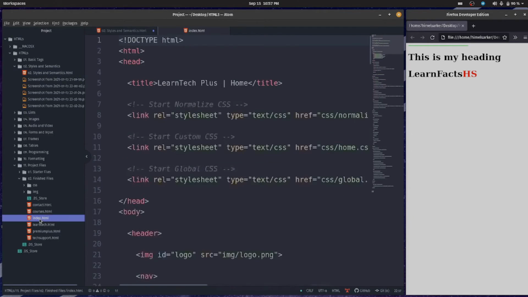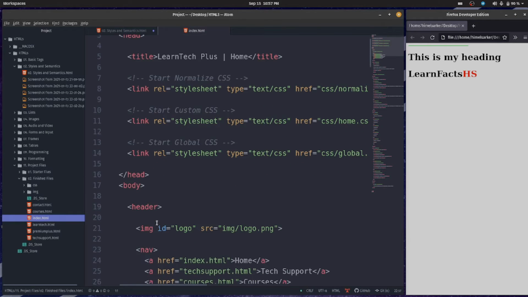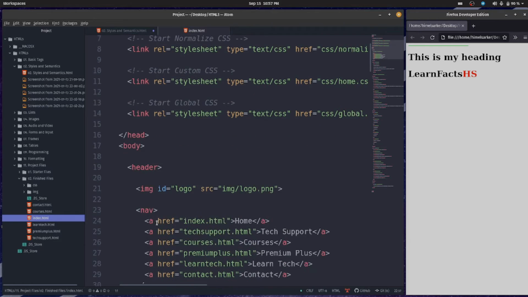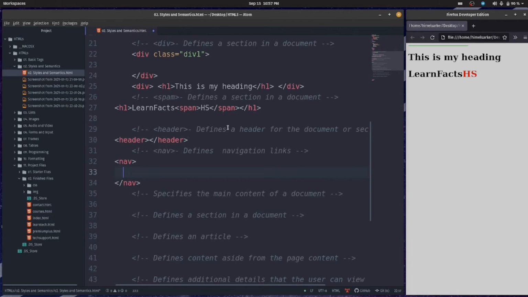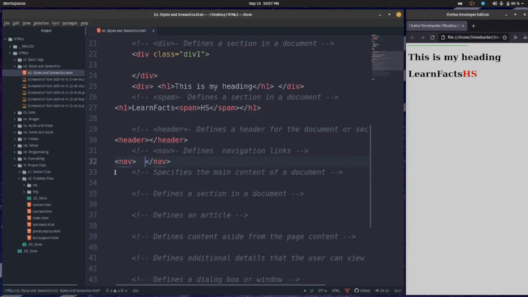So I'm viewing my project files again, and here it is. So this is my header section. Inside the header section I have a nav tag and some links. Okay, and also some images. So this is the work of a nav link, which we should use in a real project. Okay,